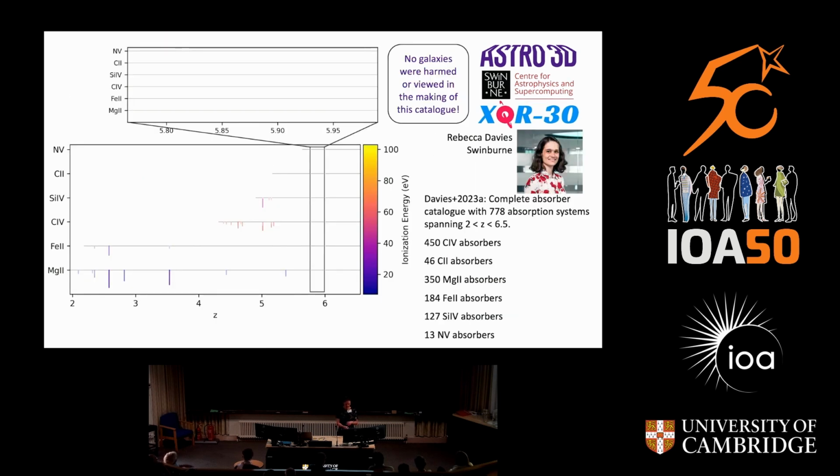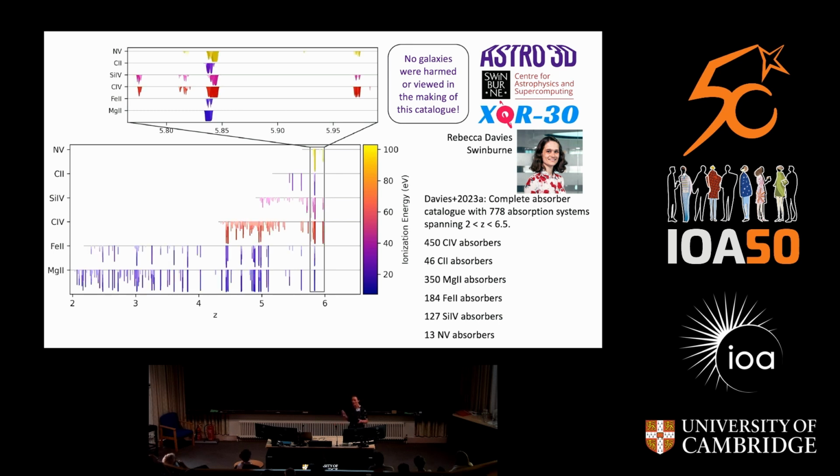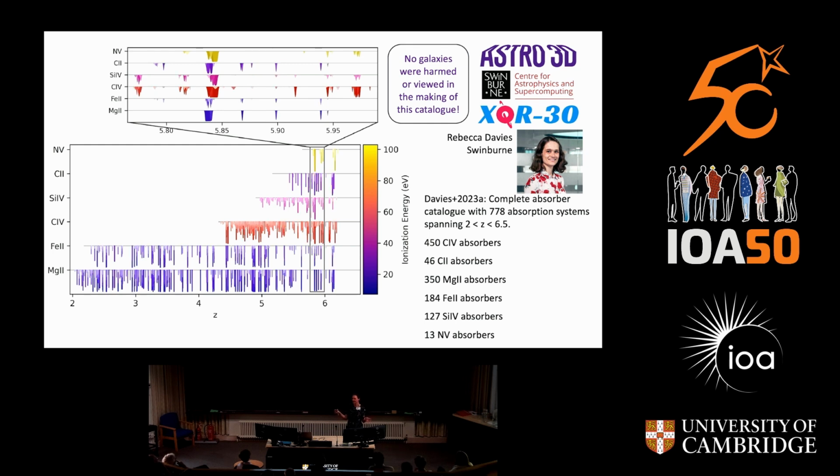Okay, so this is the catalogue that was put together by postdoc Rebecca Davies. My point here is that no galaxies were harmed or even viewed in the making of this catalogue. So we are just sending random lines of sight through the universe up to a redshift of 6 and seeing where the metals are. Okay, some of these things are quite complex, other things are just single lines. And we've got this fabulous catalogue of absorption line systems that probe different ionization energies that we can then use